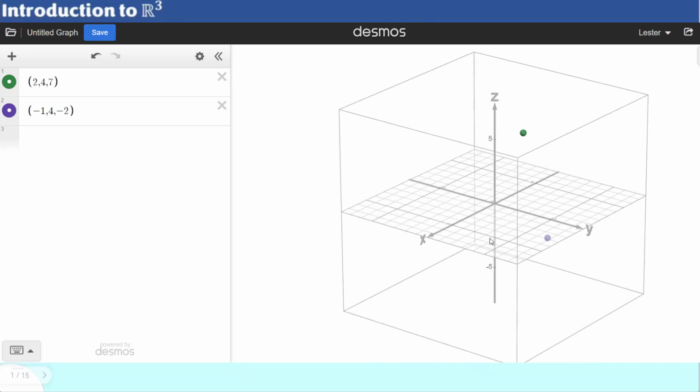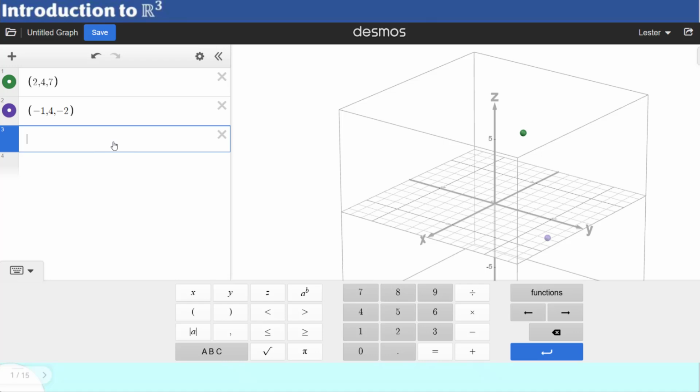Okay, now before we end this video, and I also presented here the Desmos, and this video is very long, but it is to actually introduce R3. How do we plot our vectors, okay? Because we're talking about vectors later on. Now, of course, you can actually draw a certain point here, or instead of vector, let me draw a line, okay? Let's talk about a line. Let me draw a line. And as we have learned in the R2, a line can be written as a combination of a point plus its vector. Let's consider this point (2, 4, 7) as a vector or a direction vector for our line here.